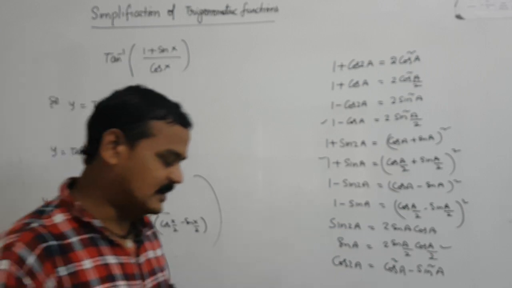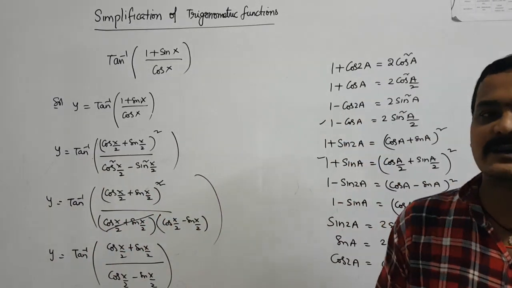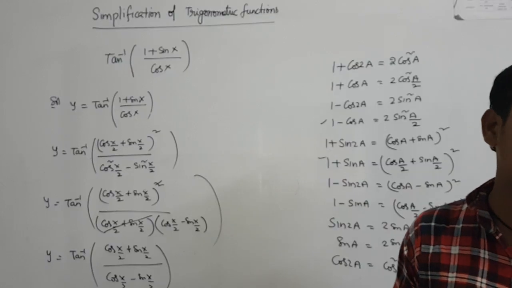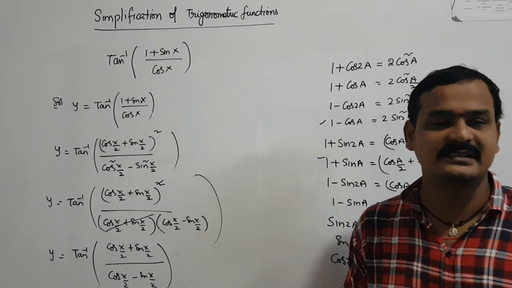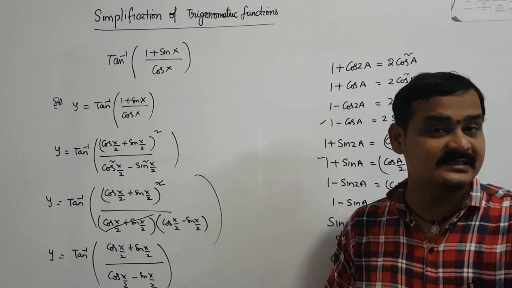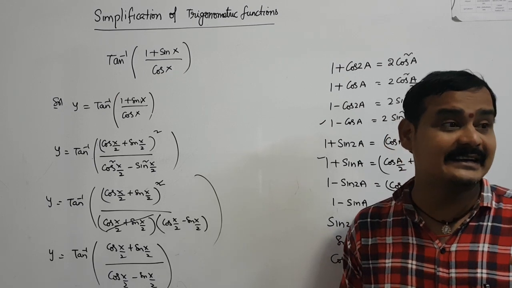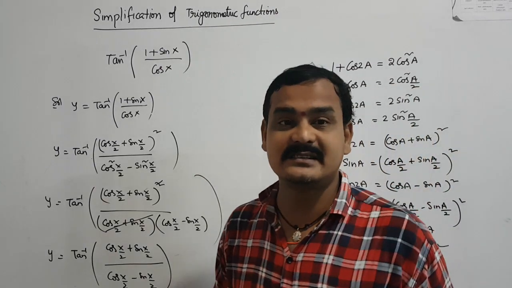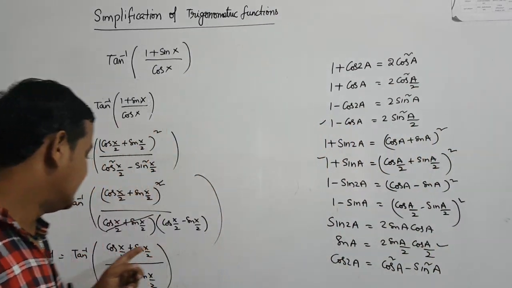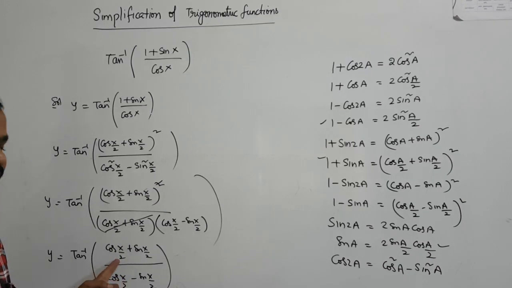In your first year you learned this method. In the numerator and denominator the terms contain cos theta and sin theta, with plus or minus signs changed. In first year, in both CBSE and CHSE, you have the problem cos 9 degrees plus sin 9 degrees by cos 9 degrees minus sin 9 degrees. The numerator is a combination of cos and sin functions, and the denominator is also a combination of cos and sin, but opposite in sign. In these cases, you need to divide the numerator and denominator by the first function, cos x by 2.